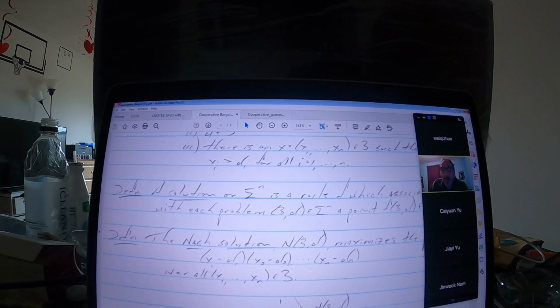The Nash solution maximizes the product of payoff gains. So this is relative to its disagreement payoff. This is player one's payoff gain. This is player two's payoff gain over its disagreement payoff, et cetera, et cetera. And you look at the product of these n payoff gains, and that's